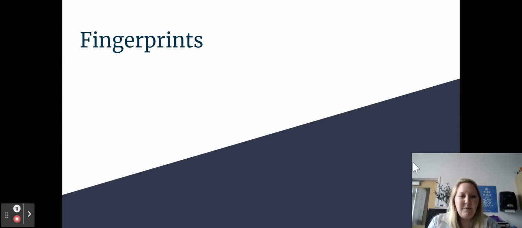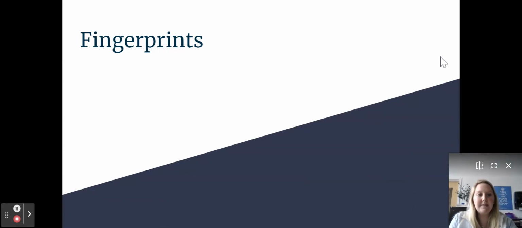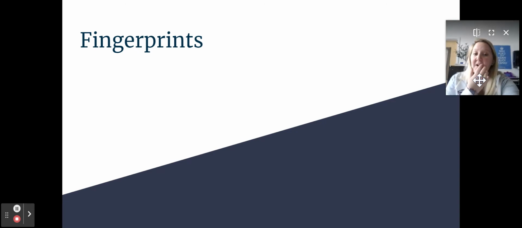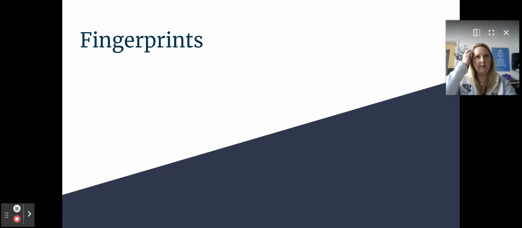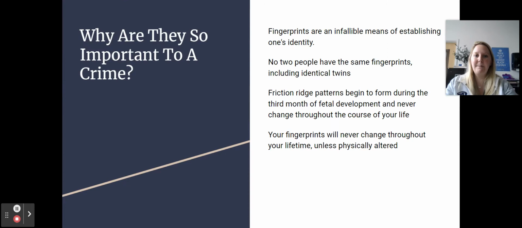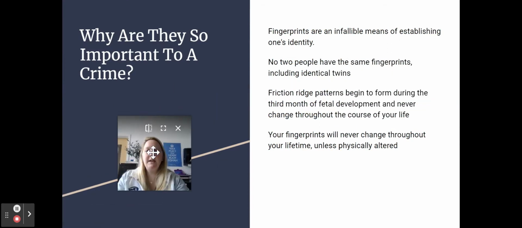Hi guys, today we are talking about fingerprints. So this is the start of our physical evidence unit. And we're going to start by diving into fingerprints, what they are, the types of fingerprints, and what makes them unique. So fingerprints are super important to crime scenes because it is an